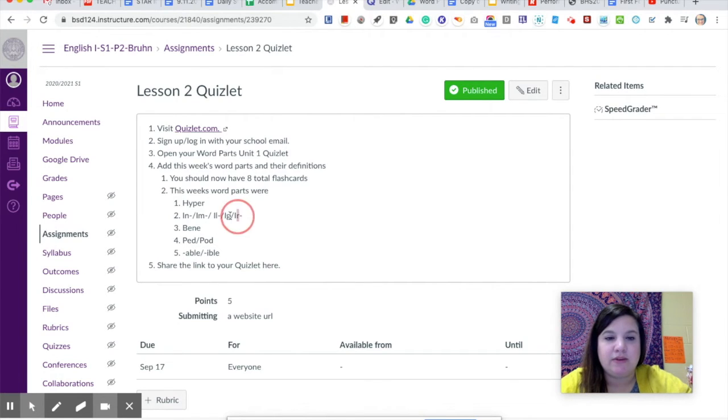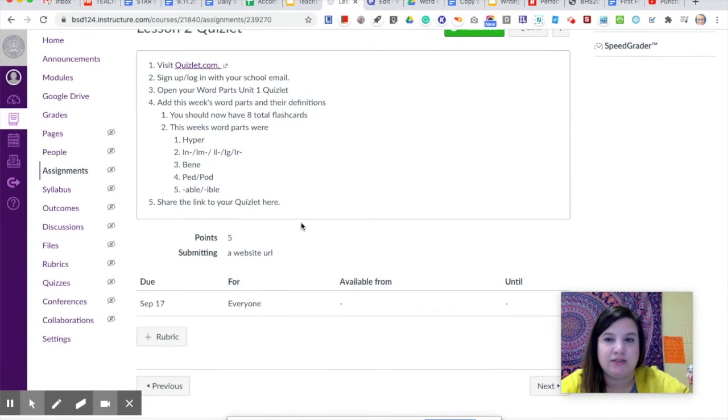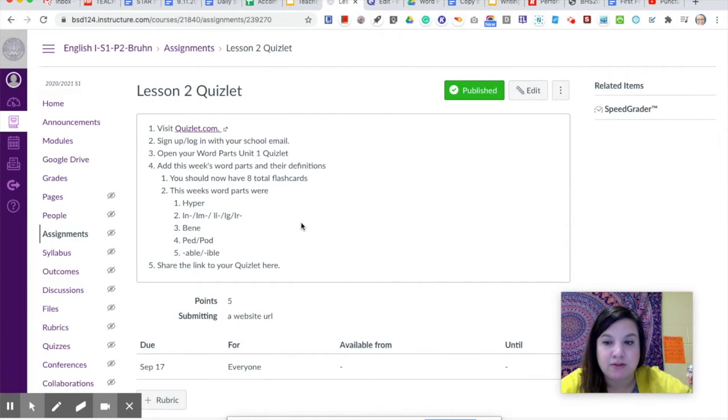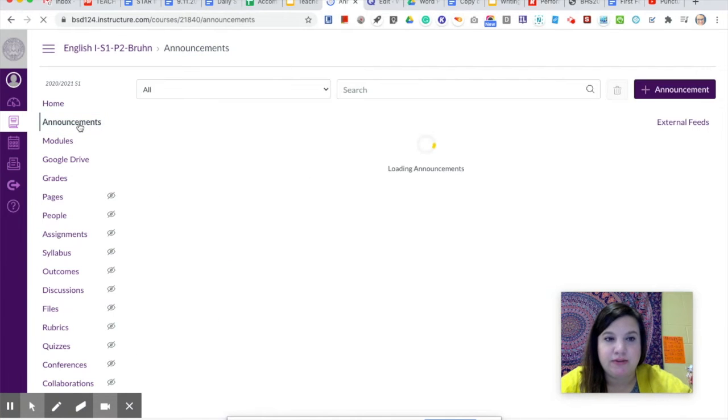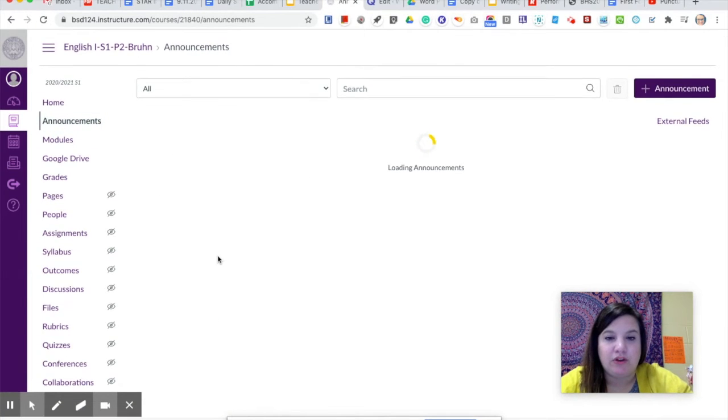So on these ones where there's more than one word, you can still put them all together on one slide or one flashcard. You don't need to have them separated, since they have the same definition. We treat them kind of the same. So when you turn it in, you should have 8 total flashcards, and you will share the link to your Quizlet here on this assignment. So that is your bell work for today. Should only take you 5 minutes or so to do that, and then you can move on to the creative